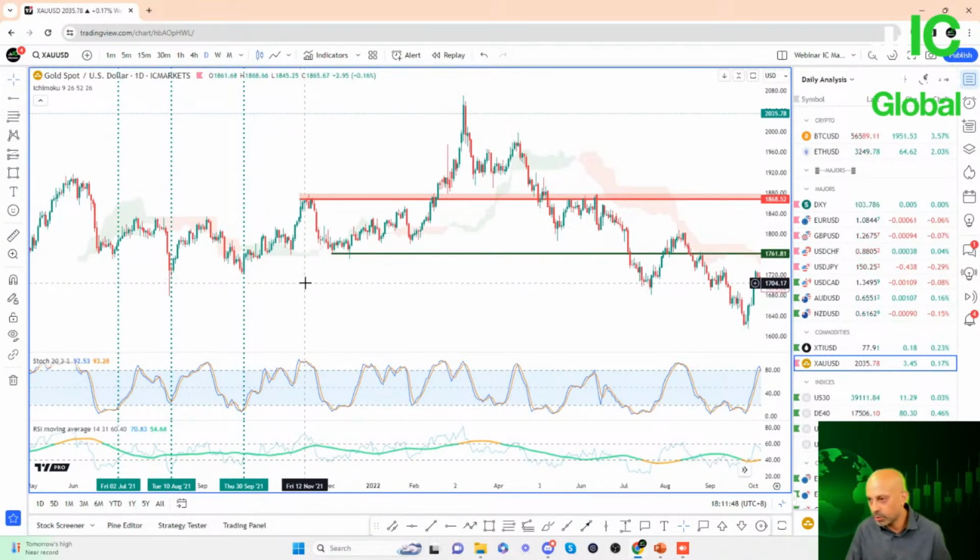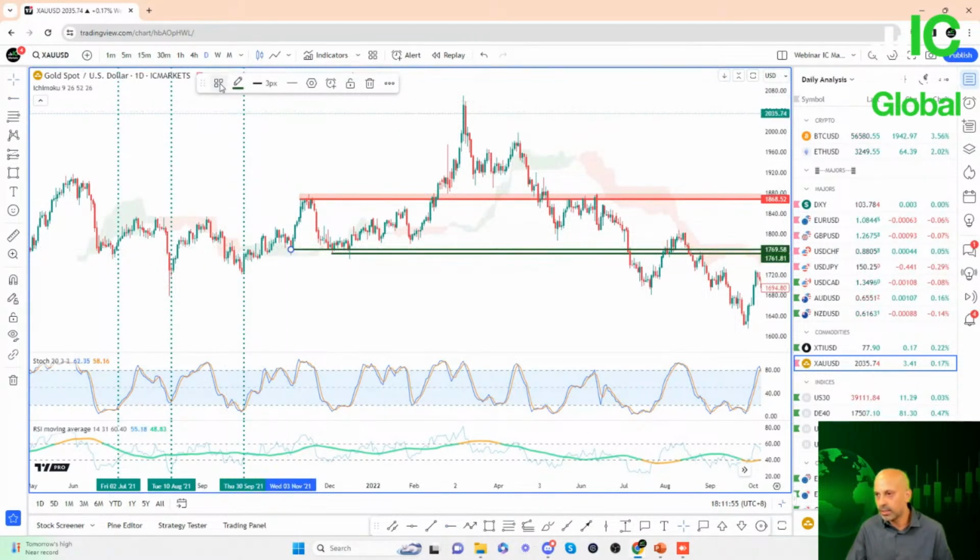And also what I would use is a previous support level, right? So we see here back on 30th of November 2021, this was a pullback support level that just identified it as a first support. So we can see price making a pretty significant swing bounce off this level as well. And as price is coming down, I would also use this level here as a suitable take profit for any short trades as well. So we can also use previous support levels to help us identify a suitable take profit for the short side.